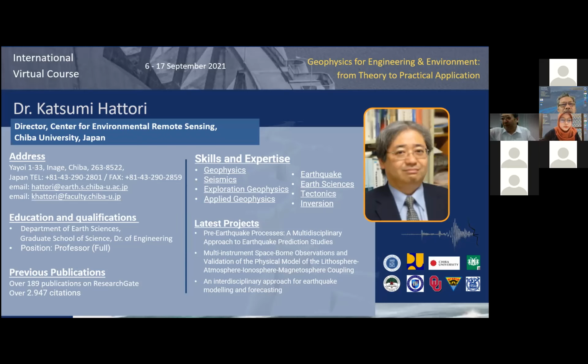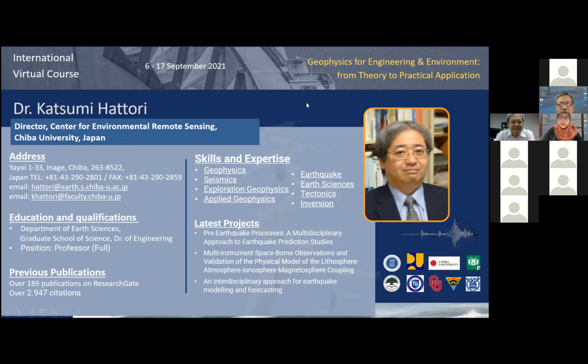He has a background and expertise in geophysics, seismics, exploration geophysics, applied geophysics, earthquake, earth sciences, and tectonics. About his latest projects: pre-earthquake processes, a multidisciplinary approach to earthquake prediction studies, multi-instrument based observations and validation of the physical model of the lithosphere, atmosphere, ionosphere, magnetosphere coupling, and an interdisciplinary approach for earthquake modeling and forecasting. And last but not least,